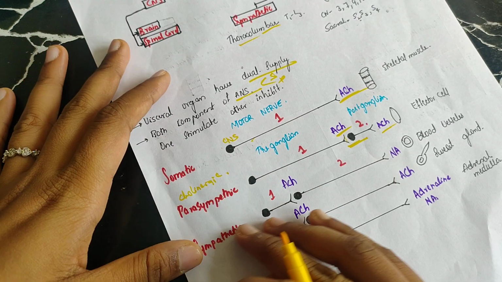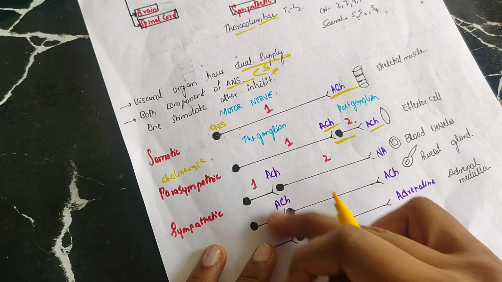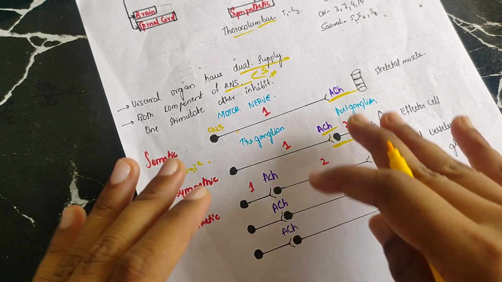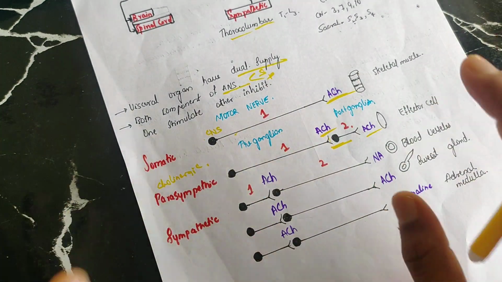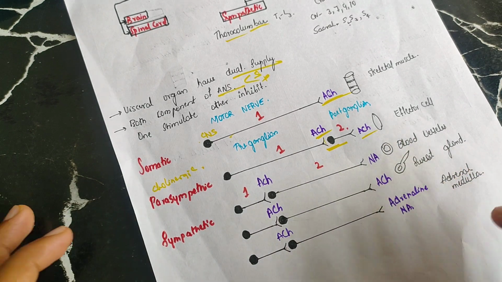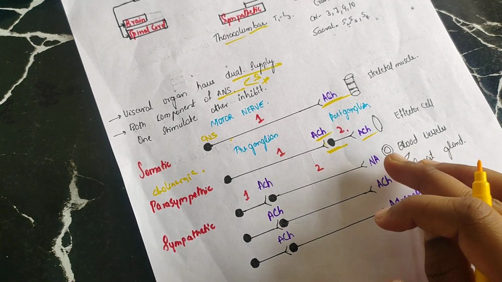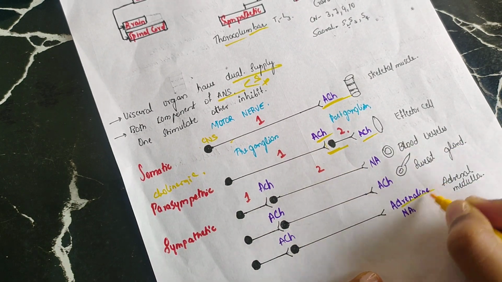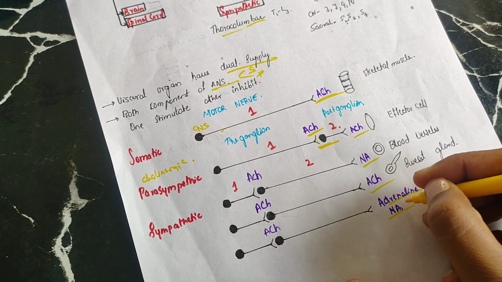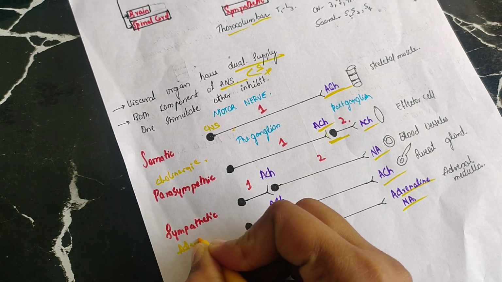And whereas the sympathetic secretes adrenaline, noradrenaline. In the presynaptic junction, it is always acetylcholine here also, only in the postsynaptic junction. So entirely everything will be acetylcholine except in the postsynaptic neurotransmitter, which may be acetylcholine sometimes in sweat glands and all. Other times adrenaline, noradrenaline, or sometimes acetylcholine, mostly adrenaline and noradrenaline. So this sympathetic nervous system is also known as adrenergic